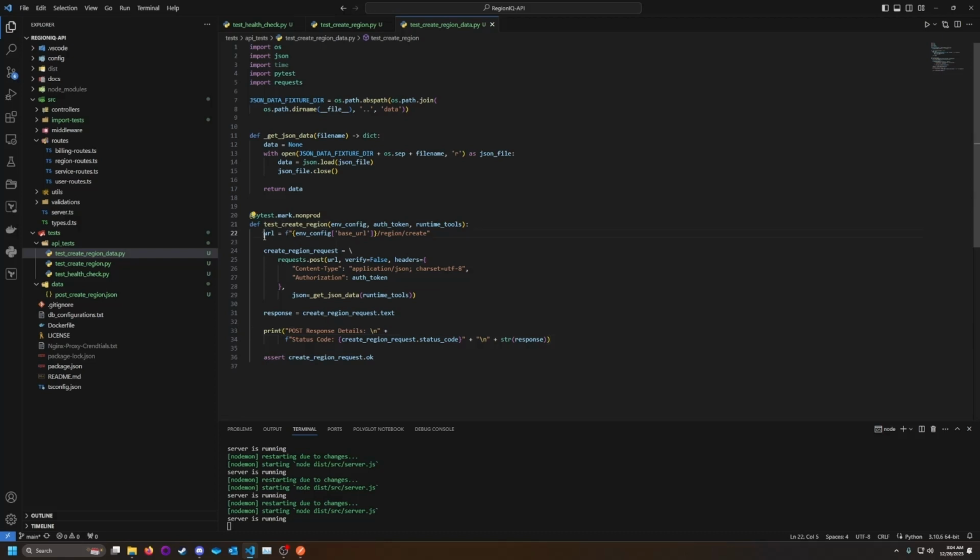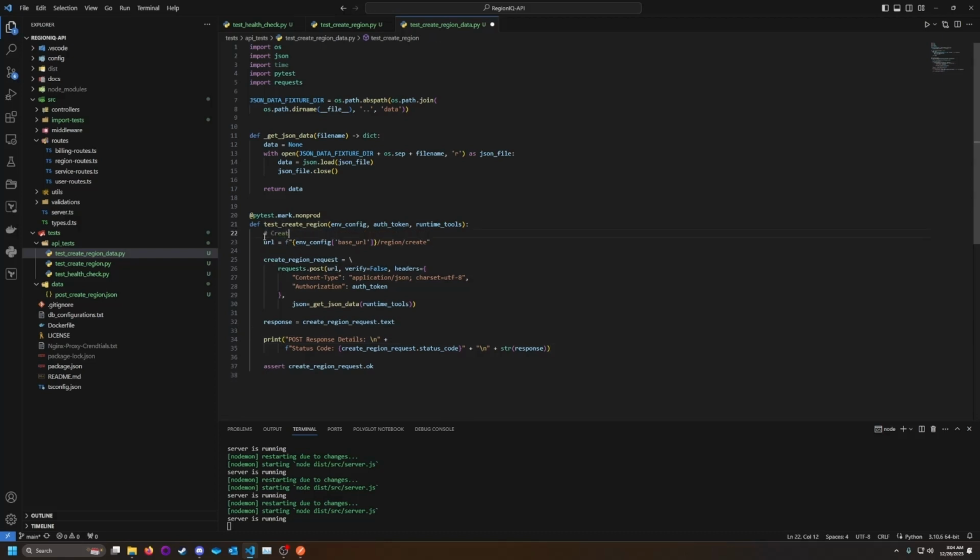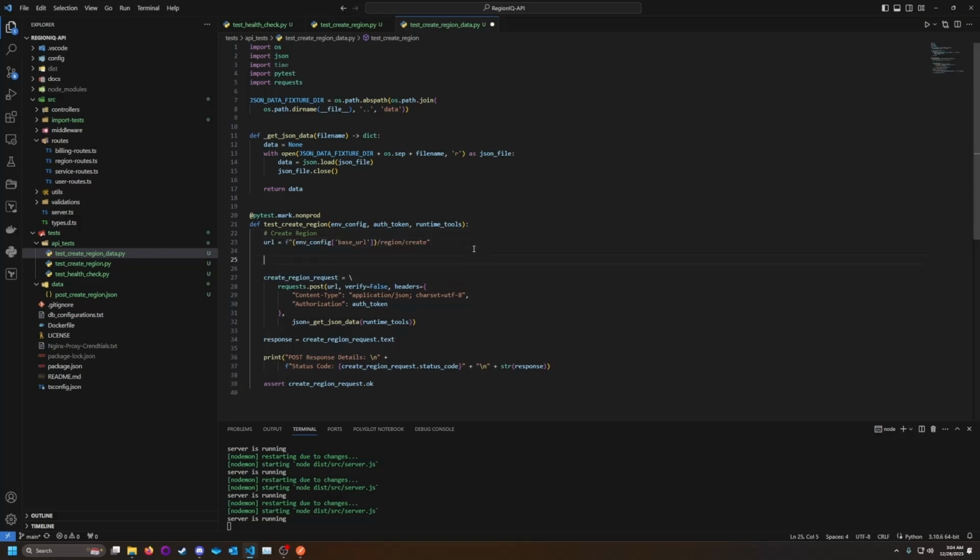Let's add in a comment up here, create region. So we're basically going to be doing two different calls here. I have to do my setup call, and then I have to do my actual testing endpoint call here. So create region, and then, since we're going to have to modify some things here, send data. We'll set this equal to get JSON data with our file name being equal to, I'm just going to copy this from my other screen